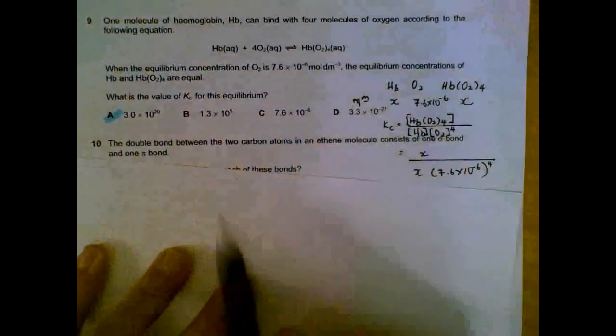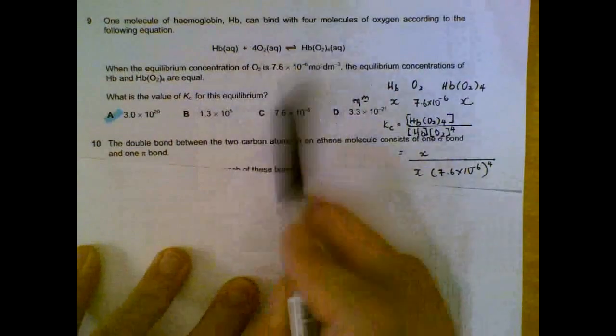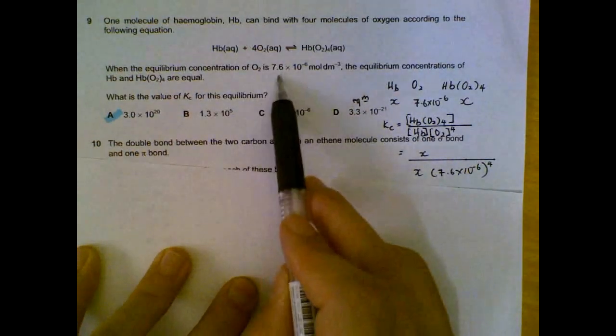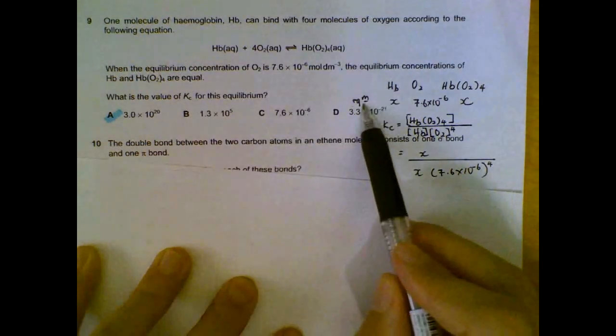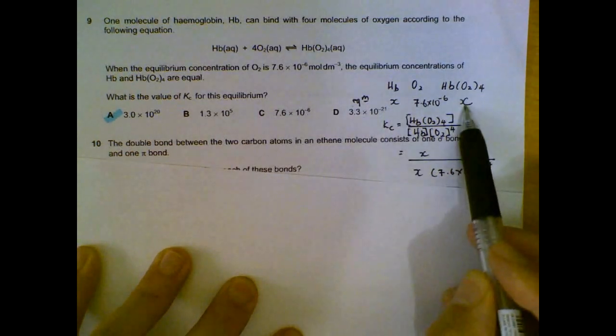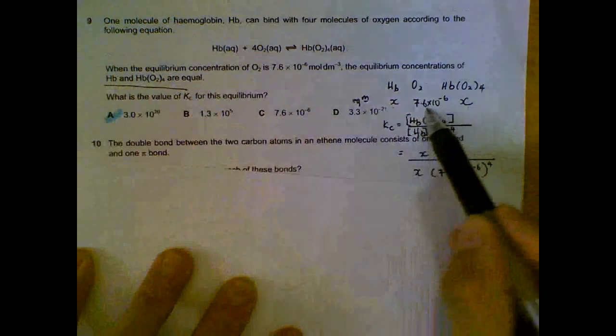Number 9, we have this equilibrium, and they tell us that the equilibrium concentration for oxygen is 7.6 times 10 to the power minus 6. So the equilibrium concentration respectively will be X, unknown, X here because they say that these two substances are equal, so X and X. Oxygen is the only number that we know,